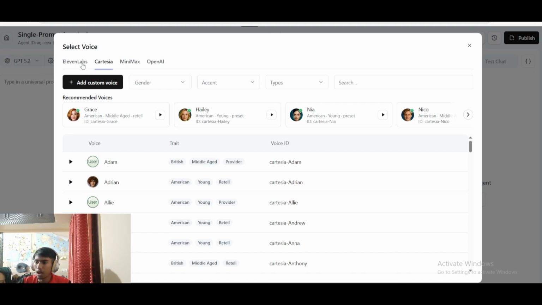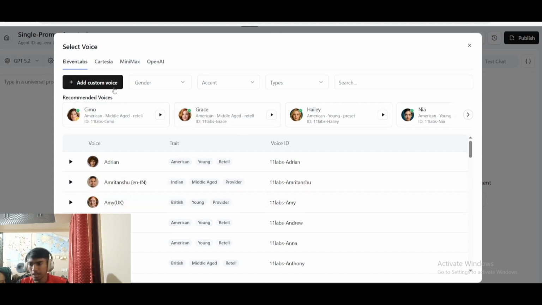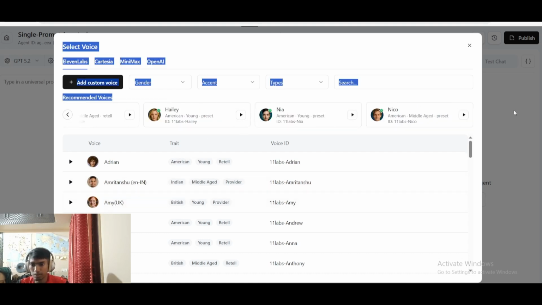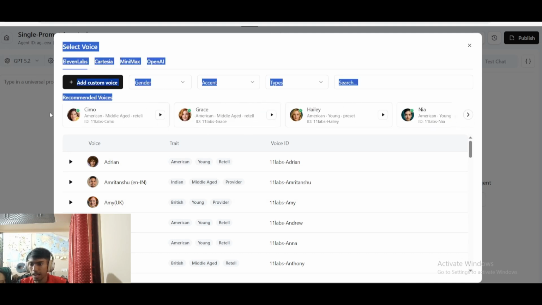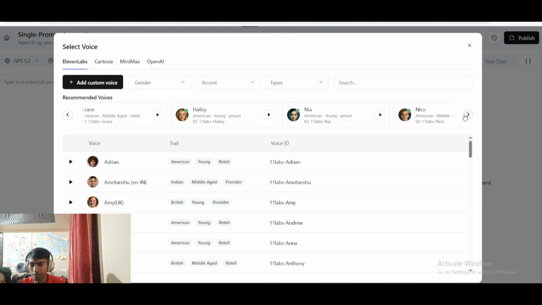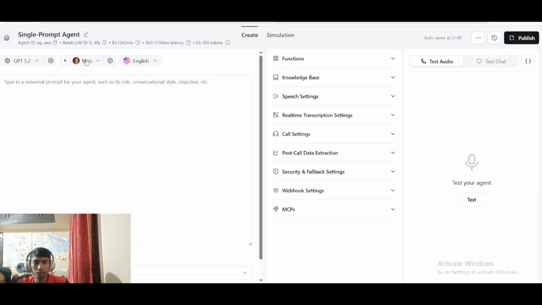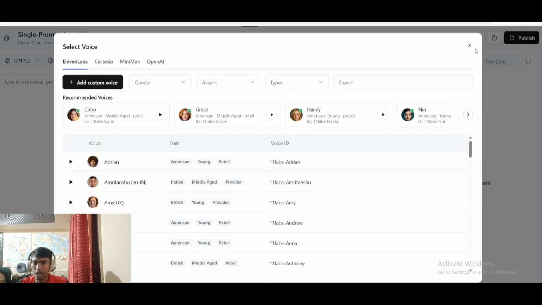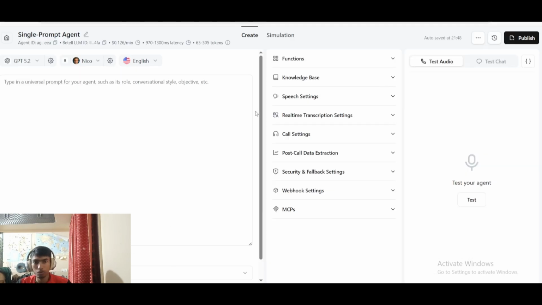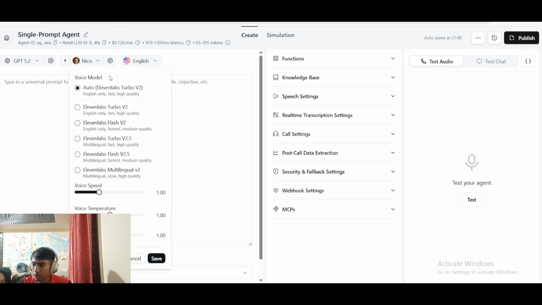So you can even use 11 Labs. These are the recommended voices by them. You can see that, and I will also prefer these only because these are the top voices by them. You can simply choose that. And if you are choosing 11 Labs, then you have more control and more flexibility in your voice. So simply you can click here on the gear button,